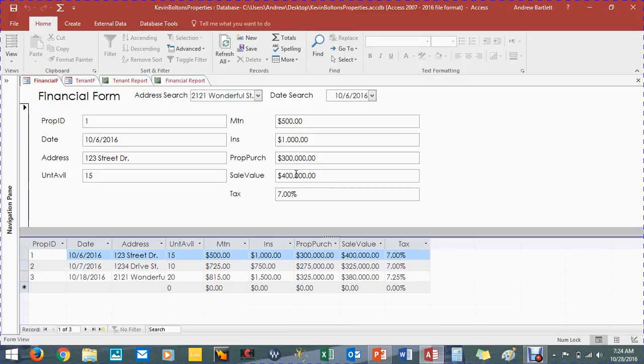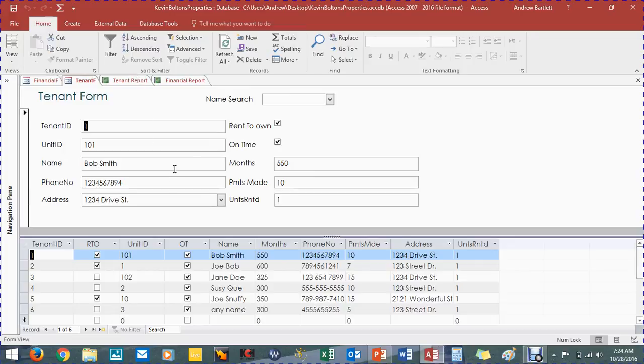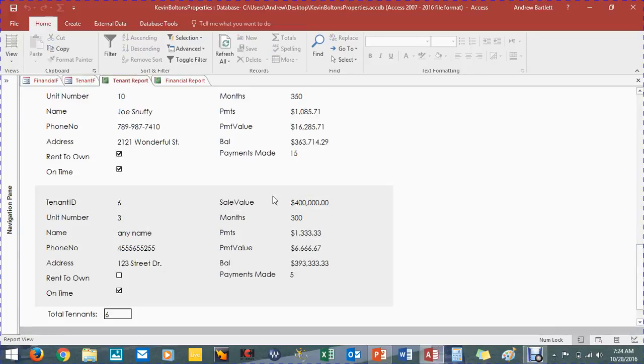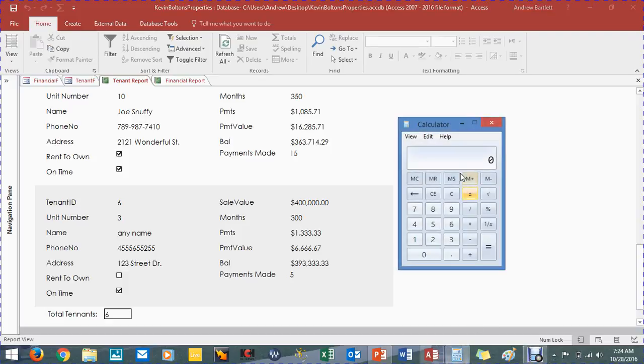It's linked to this address, so he automatically pays $400,000 for the address, and if you're paying monthly, 300 months,